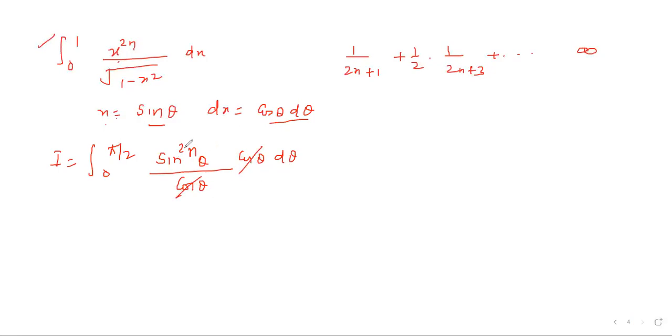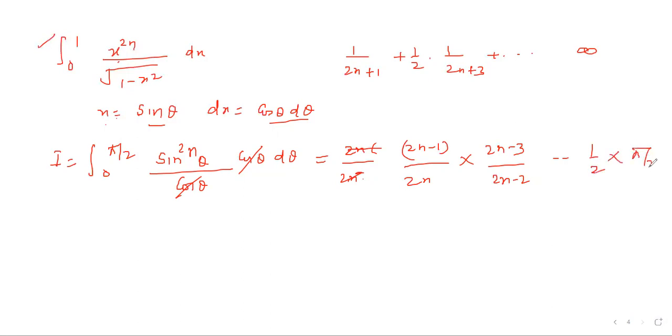And this is an even function. We can apply Wallis formula. So from there, we will get, maximum power is 2n, so we will get 2n minus 1 divided by 2n into 2n minus 3 divided by 2n minus 2. And last term will be 1 by 2 and then pi by 2. So we have got the value of pi. Now,